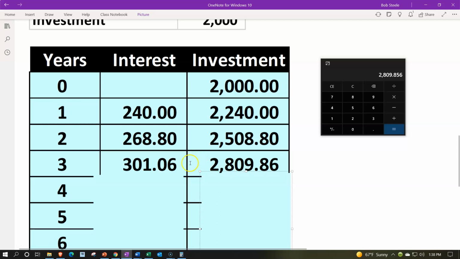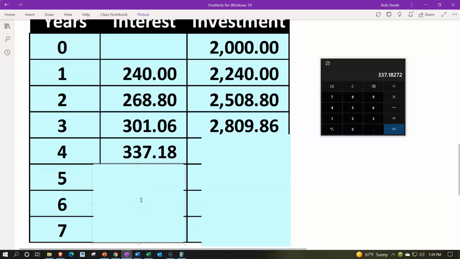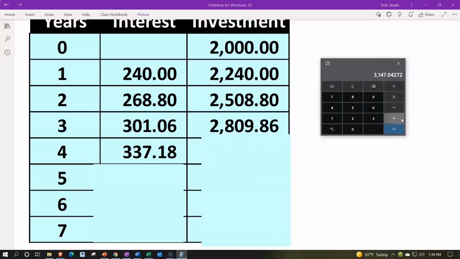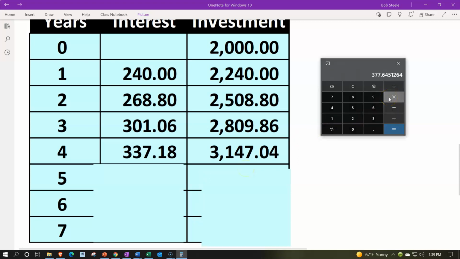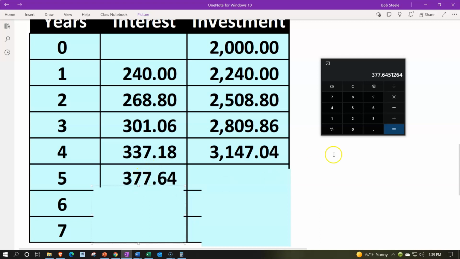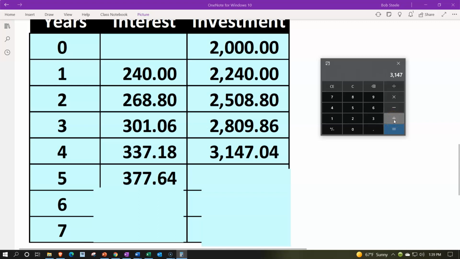We can see the interest going up as we go due to the fact that the principal investment is going up and the interest is compounding on it. So we're going to then take this and multiply times the 0.12. We get then the 337 and add that then to the 2809.86. And that's going to give us then the 3147.04 about. Taking that and multiplying times 0.12 is going to give us the 377.64. We can take that and add it to the 3147.04, giving us then once again the